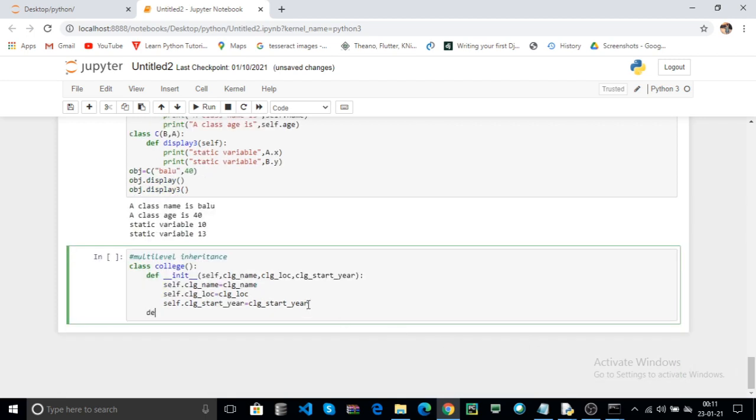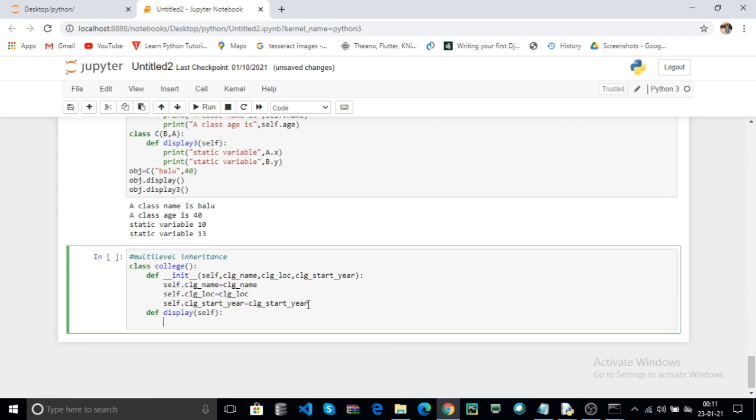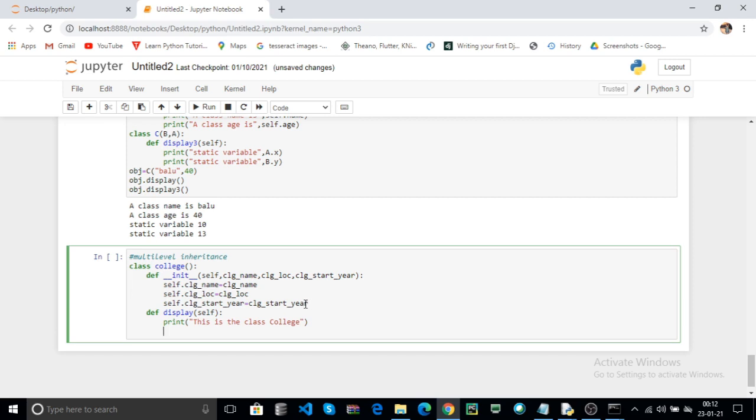Now here I use another function, to display all your class data. Now print, this is the class college. Now print here, college name is, self.college_name.